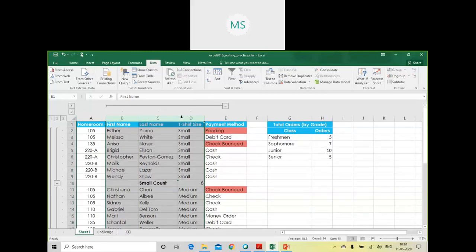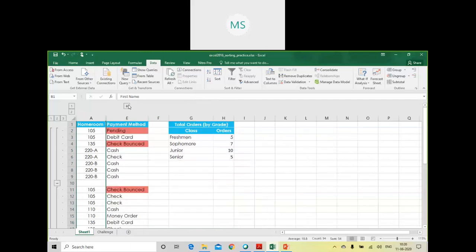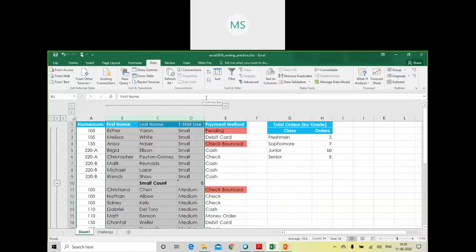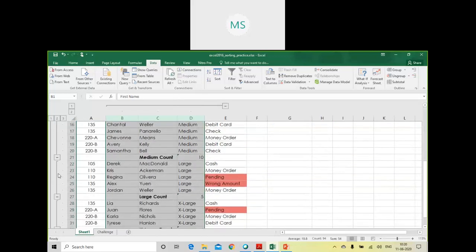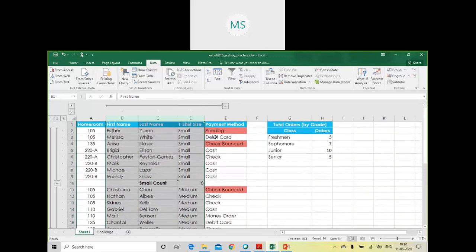column wise. All these three things have been grouped together, and here the moment I click on the minus sign, it hides the entire group of columns. As you can see, I have created a group column wise, but here it also created one row wise, because I have performed subtotal operation on it.